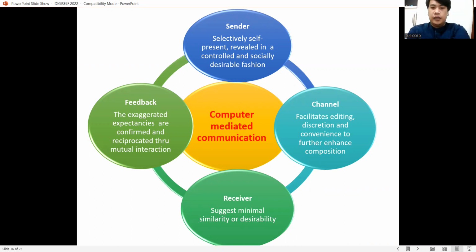Next, the receiver is, of course, your circle, your follower, okay, and they are the one who provides. The last is the feedback. Okay, the exaggerated expectancies are confirmed and reciprocated through mutual interaction. And that feedback that you receive from likes, comments, shares, reactions are